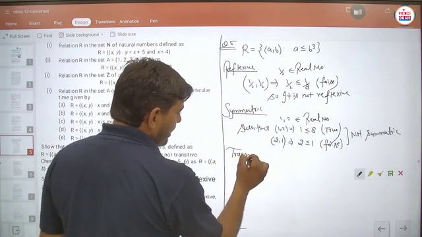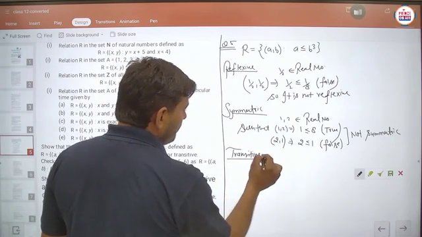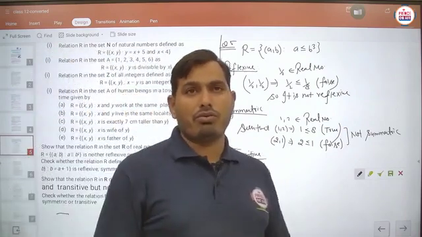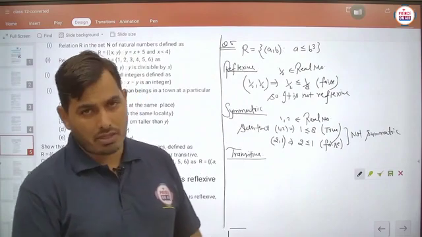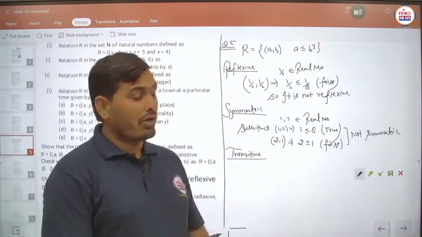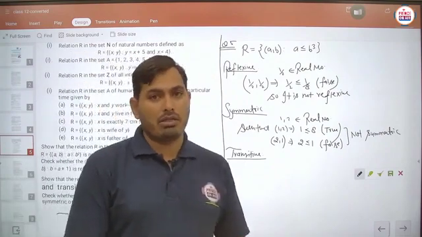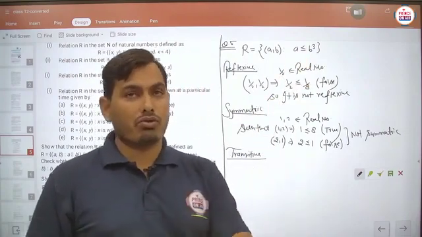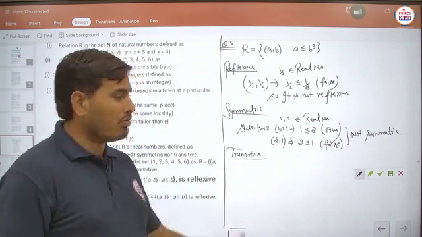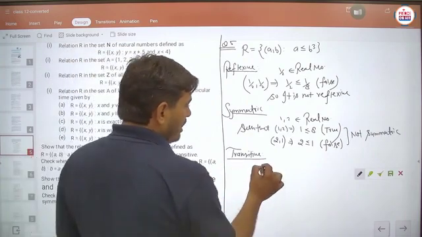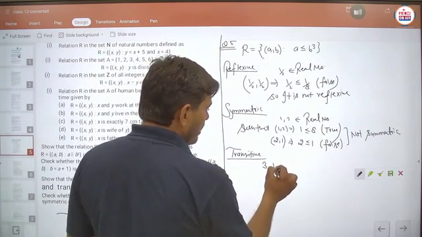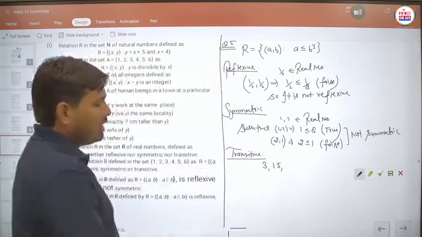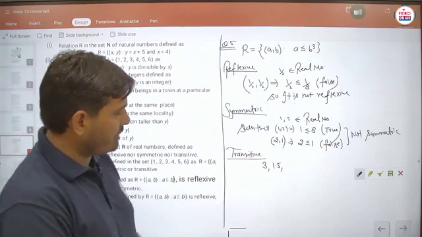In the case of transitive, students, how will we take the three numbers? Again, this is very important. Recently, in question number second, I suggested an algorithm by which you can assume various types of numbers. Here, according to the relation, the cubic part is there: a is less than or equal to b cube. Then we have to take the two numbers. Suppose we take the number 3. Then we take another number that is half of this, 3 by 2, which is 1.5. Is it clear?